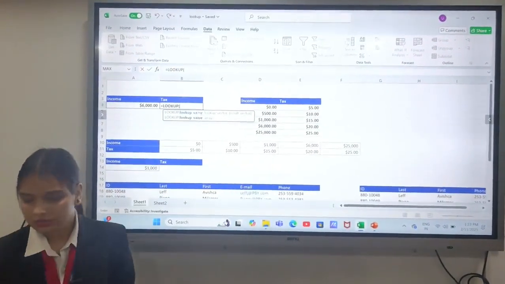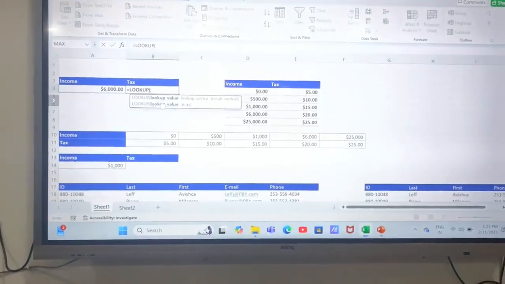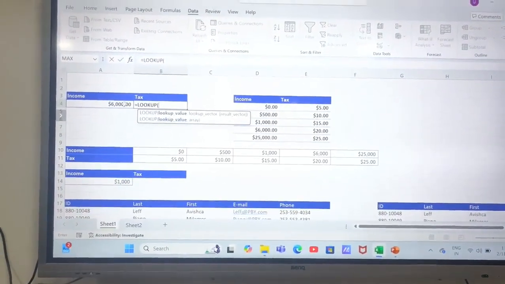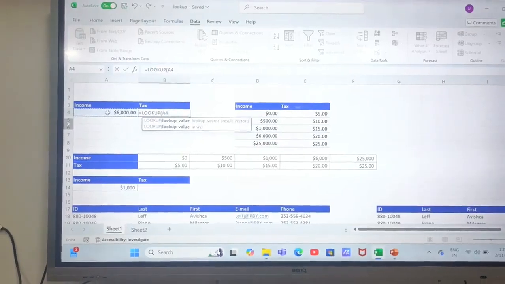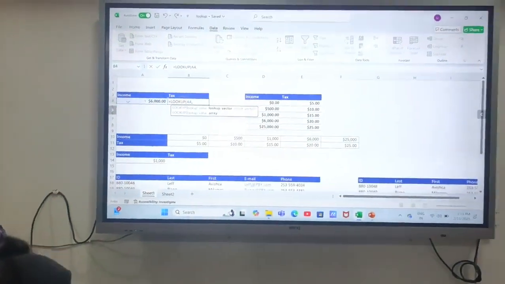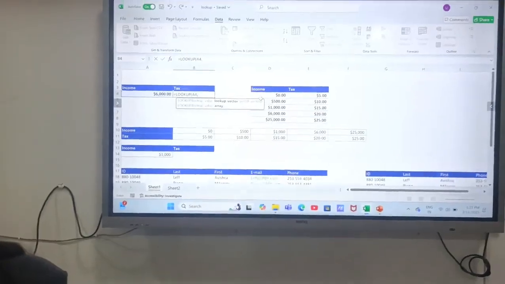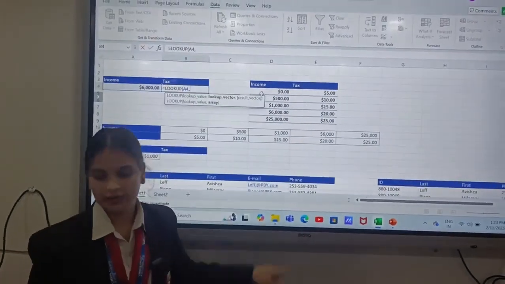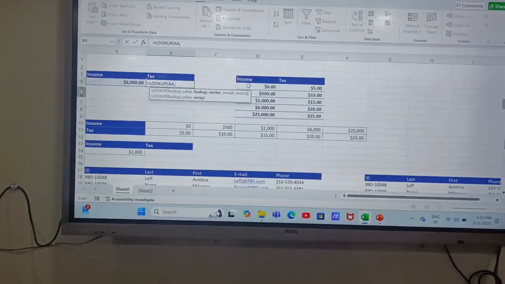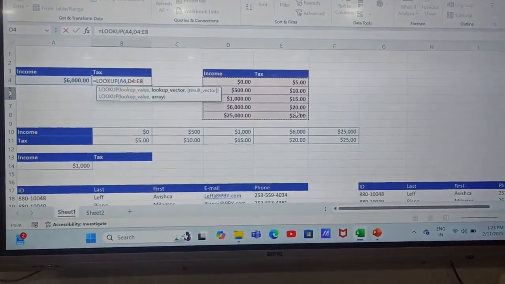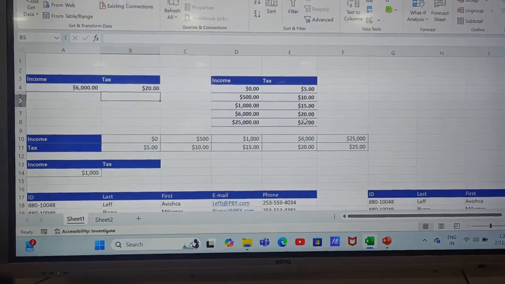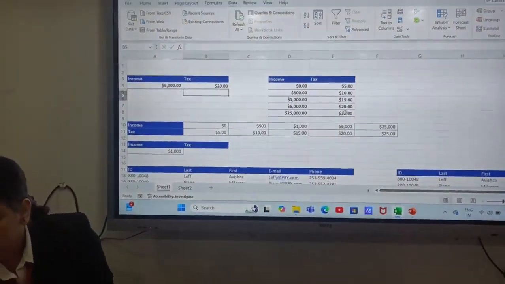I'll go with the second one, which says lookup value. So this is my lookup value. I'll select this one, comma, and the table array. This is our table array, and I'll select the whole table and press enter. I'll get the data, and it is $20.